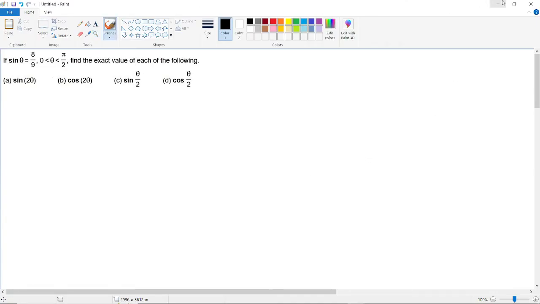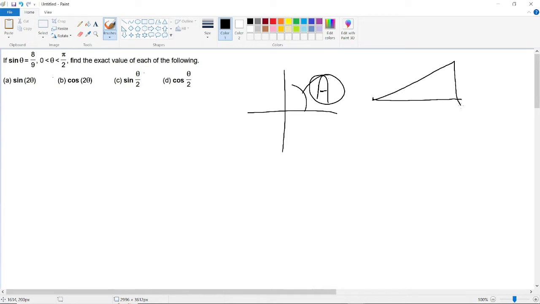7-6, number 1, it says sine theta equals 8/9. 0 is less than theta is less than pi over 2. We're in this quadrant where everything is positive. So we don't have to worry about what our triangle looks like, whether it's negative or positive. All we have to know is